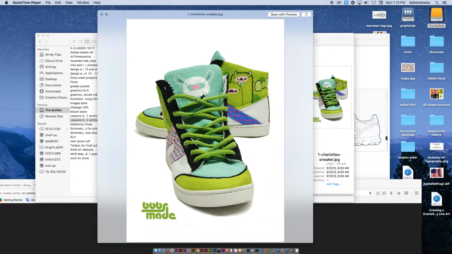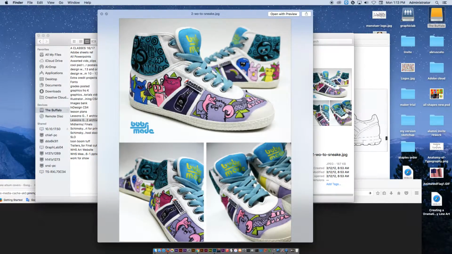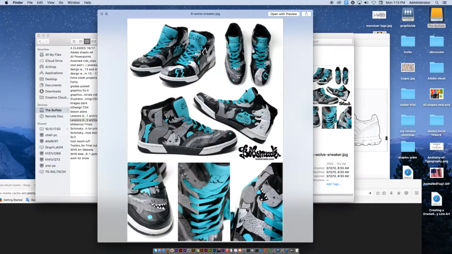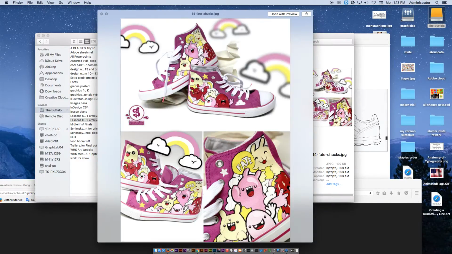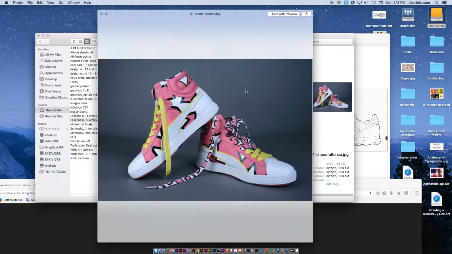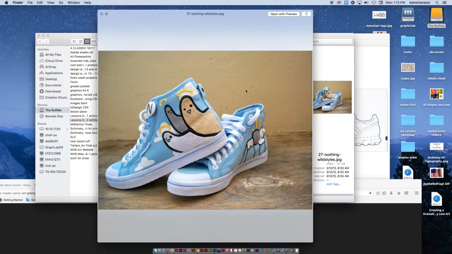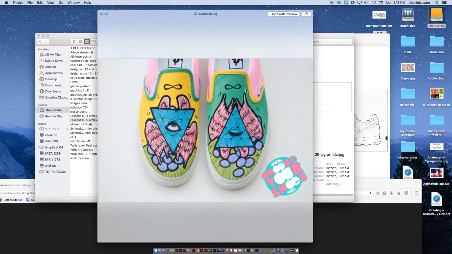In this tutorial, we are going to be using your favorite TV show or cartoon, or even possibly your favorite album cover to create a sneaker design based on that album cover or favorite show. These are just some examples here as I click through, to get an idea of what we're talking about. So you're going to use the graphics, colors, really the theme from whatever show you're picking to create that